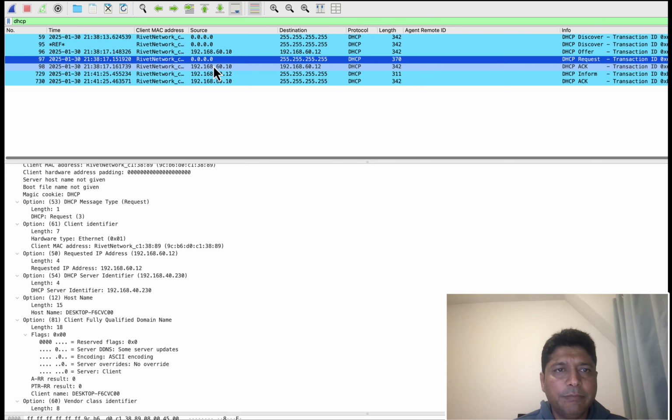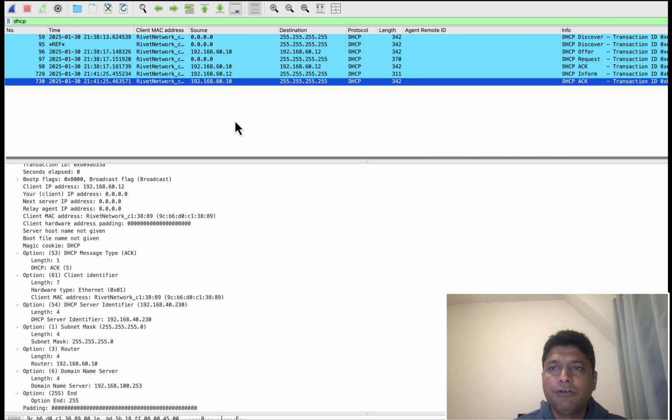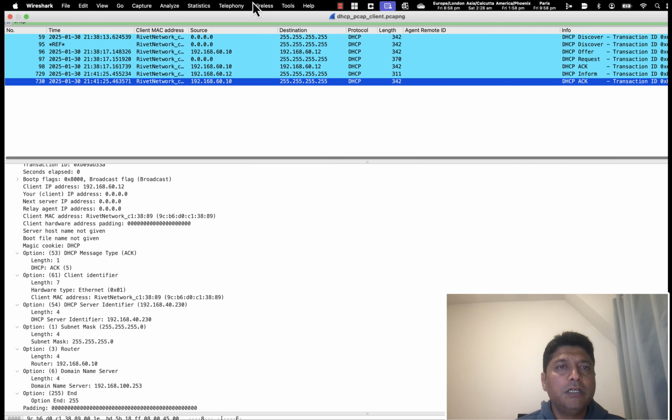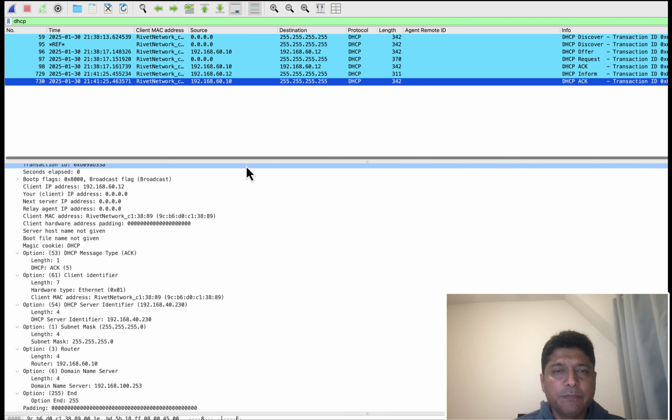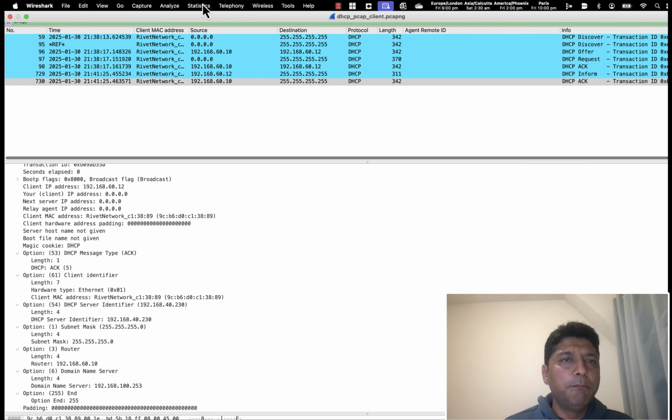And then you got the DHCP request, the DHCP acknowledgement, and the inform packet which we saw, it's the same here. And then you got an acknowledgement for the inform as well. So it's pretty straightforward. From the pcap perspective also, it is showing the DHCP process successfully completed. Another thing probably I can show you as a bonus point,